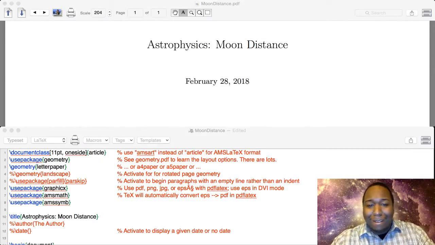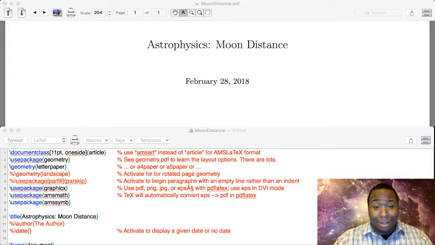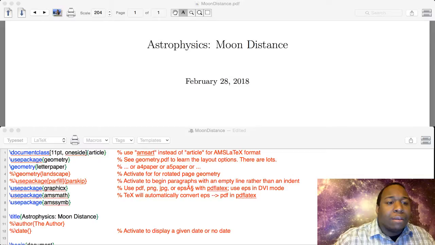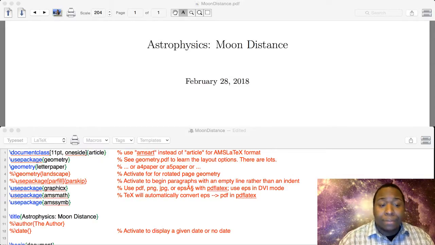All right, guys. Let's go ahead and just jump right on into it. So today we're talking about calculating the distance to the moon. The way in which we're going to do this is kind of like how we did